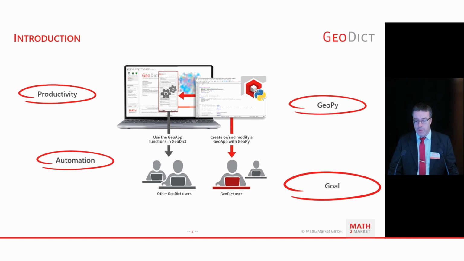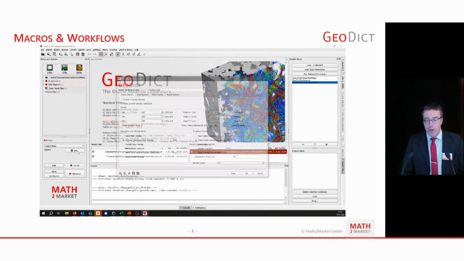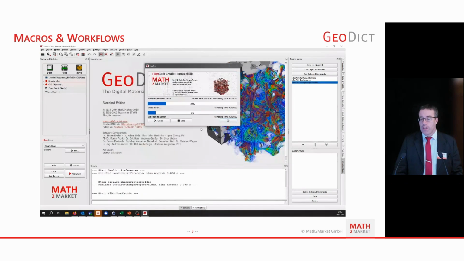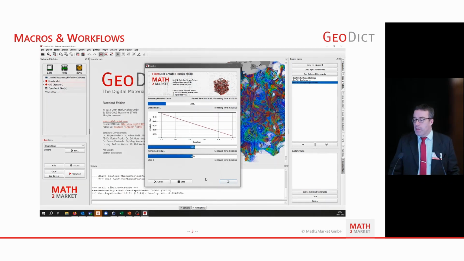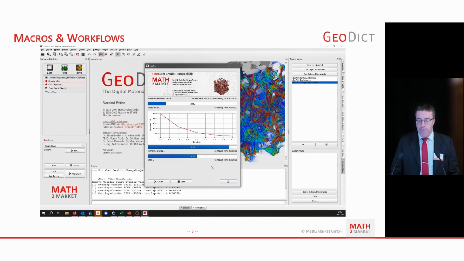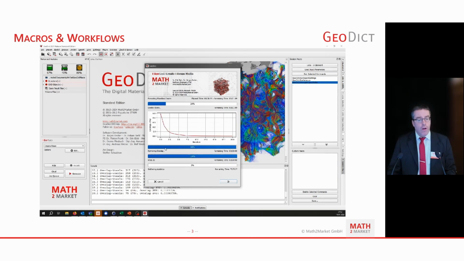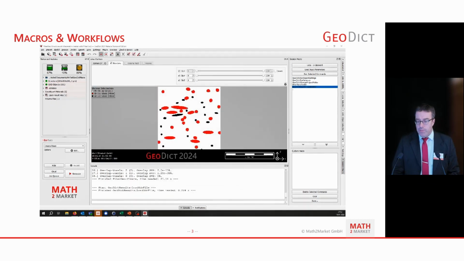So the first step: record and play back your workflow. While you do your workflow, GeoDict is actually already and automatically recording it in the background. There's the session macro, which is seamlessly integrated and prominently visible in the GeoDict UI. Here, for example, while we're generating some structure, adding binder afterwards, running a flow simulation, all while we're doing that in GeoDict, it's actually already stored in the background.